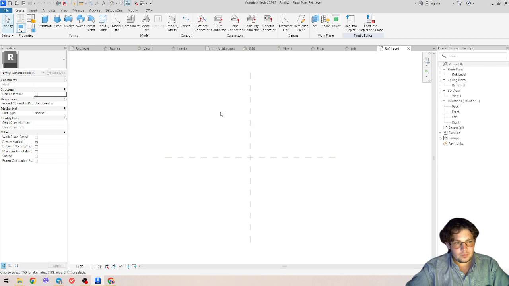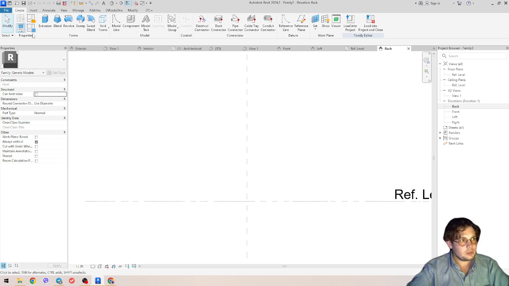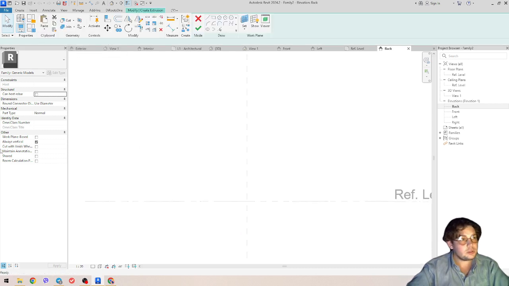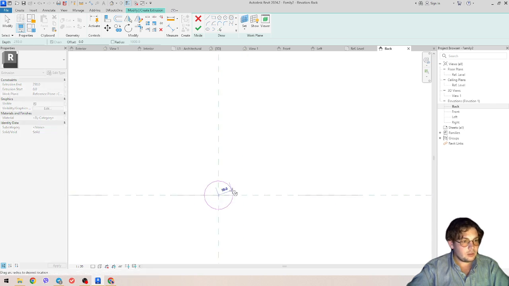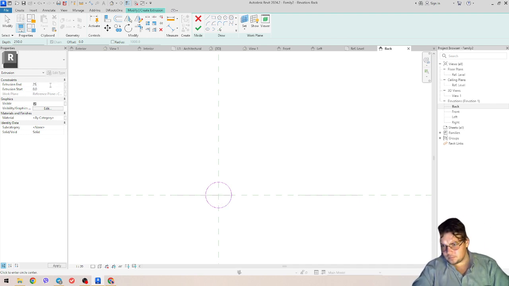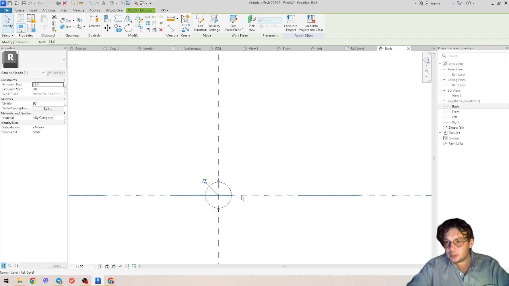We can start from the plan, but I would recommend starting from the elevation, because in this case, if we create an extrusion and draw a circle like this, with 50 and 25 in width and depth, you would place this door handle on the door. The door itself is vertical, so you would definitely need it in the vertical condition. So for now we have this handle,